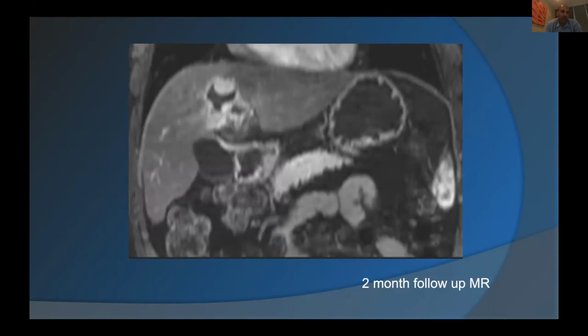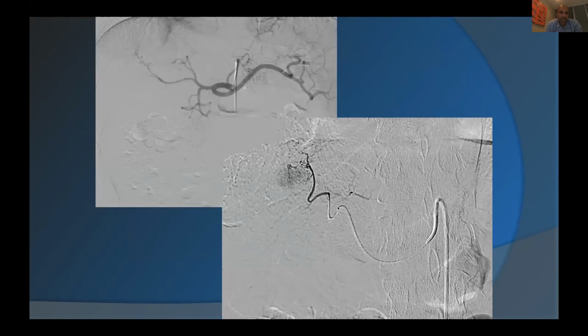So what we do in these cases, even though we have some partial response, I go back and I look at my mapping, I look at my treatment, figure out, did I do something wrong? Was there something off? And what we noticed was that we missed something. So let's go back to the celiac angiogram here on the top left. And what we noticed was that off of the segment 2 vessel, it was perfusing kind of the top cap of the tumor. And we had missed this vessel.